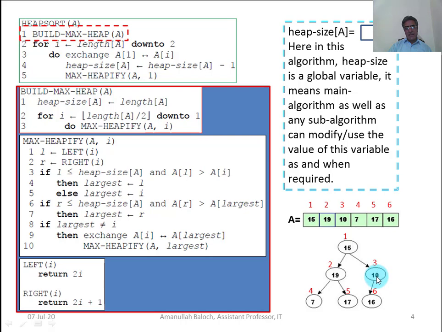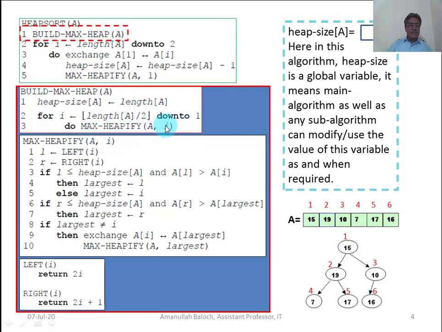So we will check 10, we will check 19, and we will check 15. If they satisfy the max heap property, it will be a max heap; otherwise it will not. That is why I execute from 3 to 1.